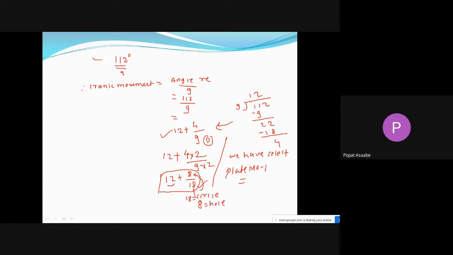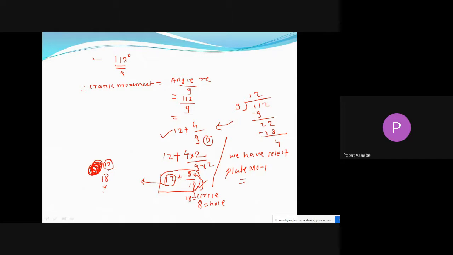And what is the meaning of this 12? Yes, anybody? Yes, Dongre. 12 revolutions. Good. It means first we have to take the 12 revolutions of your crank. 1, 2, 3, 4, 5, 6, 7, 8, 9, 10, 11, 12. Like this, first we have to take 12 revolutions, then we have to select the 18 number circle.